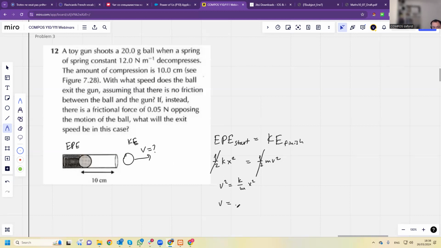And then v is the square root of 12 over 0.02 times x squared, where x is 0.1. And the answer is,